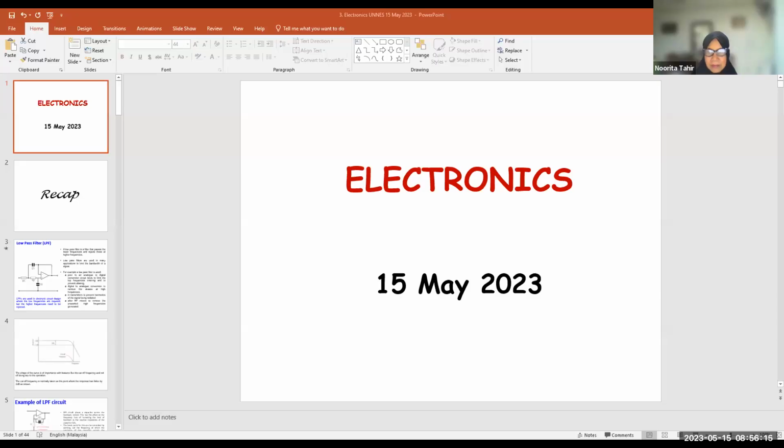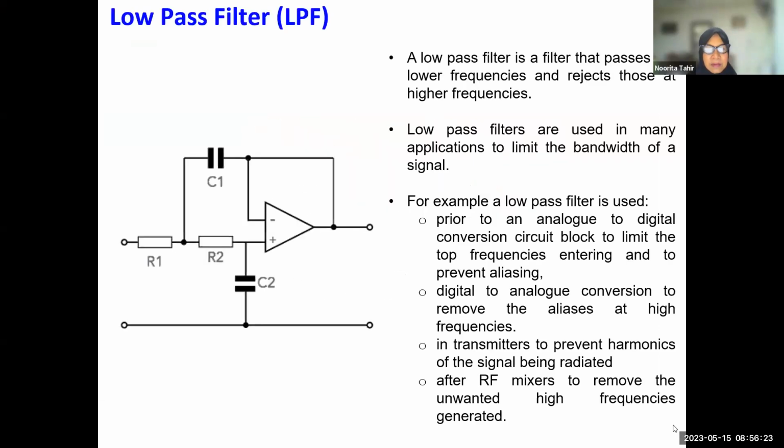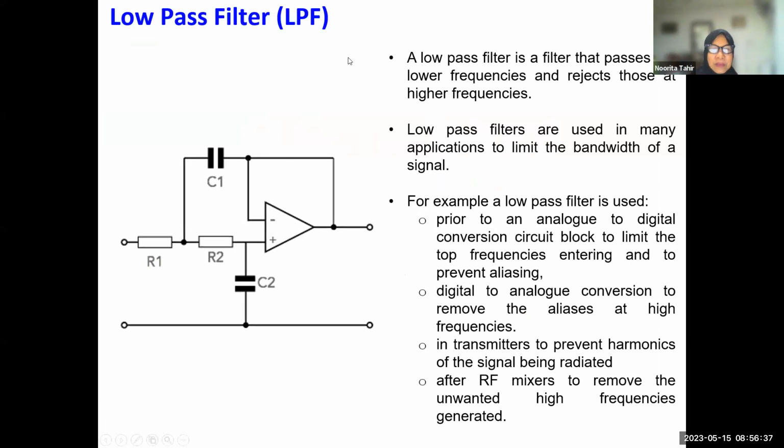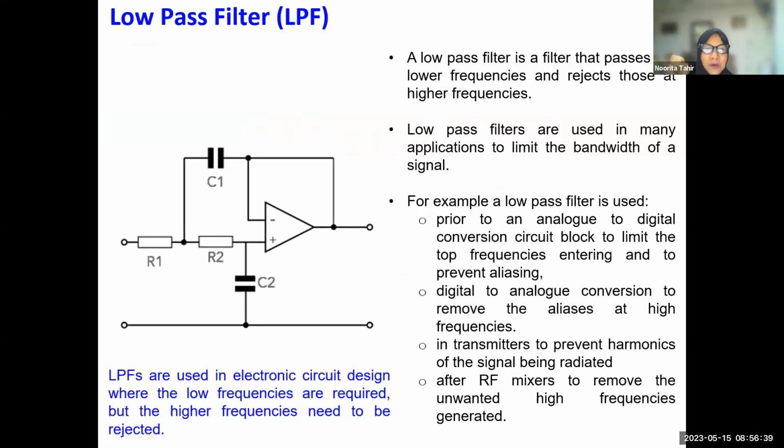Before we go for the pop quiz, allow me to recap what we learned last week. One minute, I share the slide. Okay, so this is today. Like last week, if I had more students last week, this week I have less than 100. For filters, we have learned 3 types of filter: low pass filter, high pass filter, and band pass filter. So low pass filter, as we know,